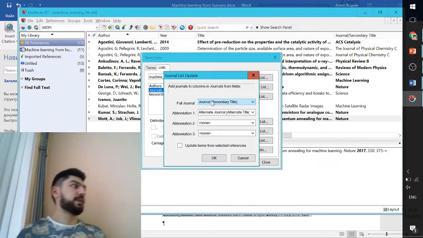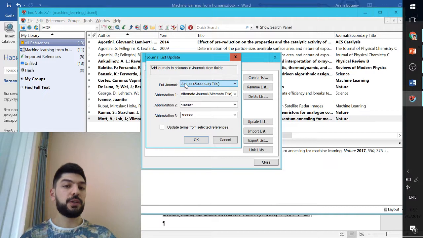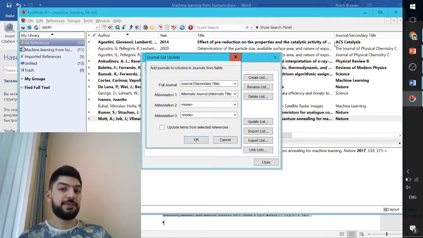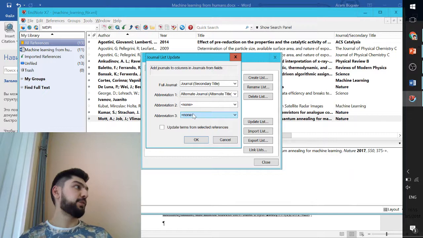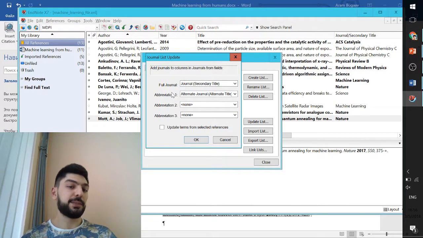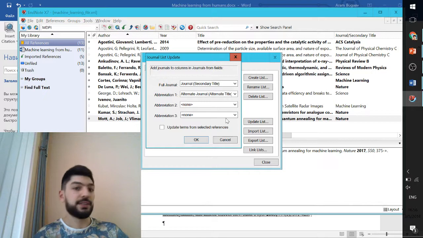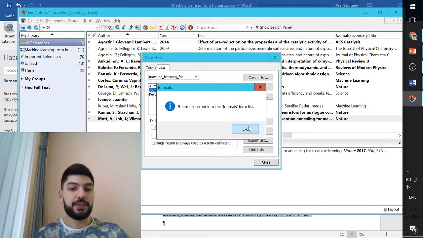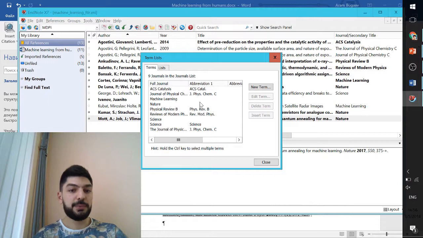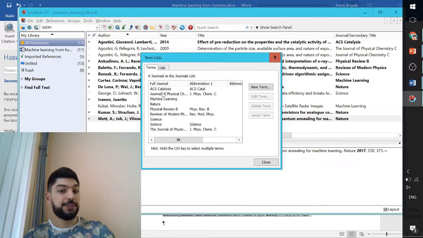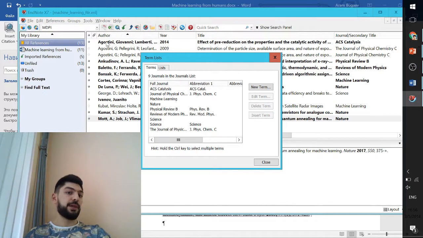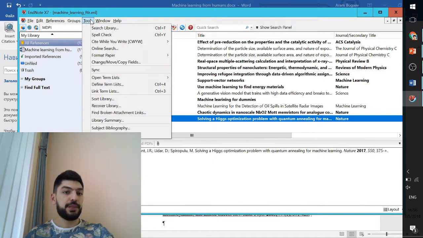And now I want EndNote to pick all journal names that I have in my library, and by default I want to set as abbreviation 1 the alternate journal name, because maybe for some journals I have already listed this alternate journal. So I click OK. It has imported 9 different journal names from my 13 references, and then I can open each of them